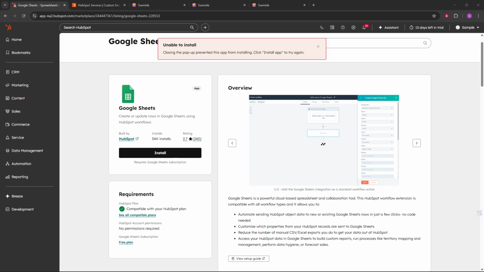That's all there is to it. Log in, open the marketplace, search for the apps you need, and install the best fit. With the HubSpot App Marketplace, you can tailor your workspace